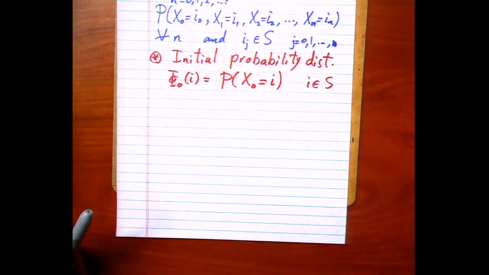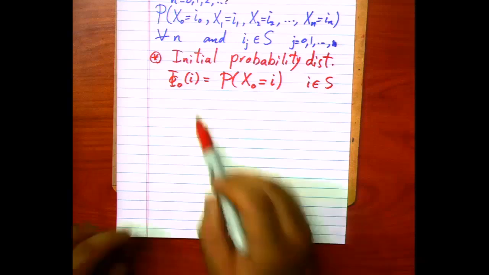You can also consider your own mood. Today I'm happy, tomorrow I'm sad, the day after I'm neutral. If we start the process from tomorrow, I cannot really tell which state I'm going to start from. There is a chance I'm going to start from happiness, sadness, or neutrality. So we need a probability distribution to tell us where the process is going to start. This is called the initial probability distribution, or phi0.